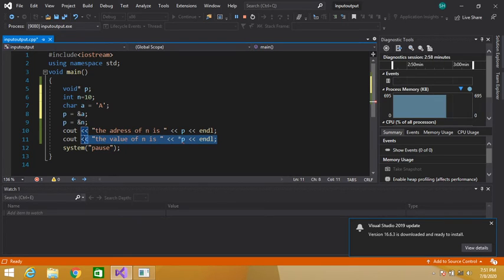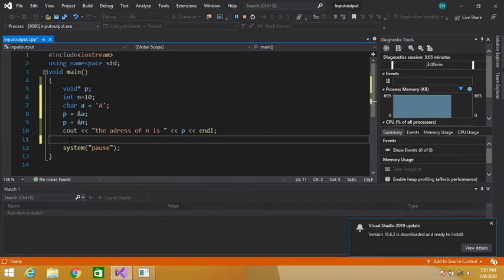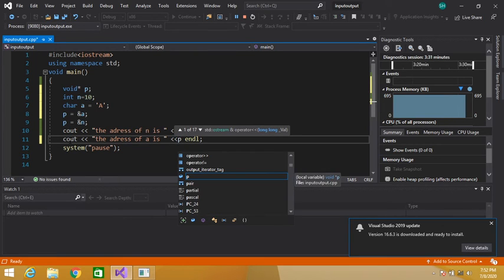Now we will also display, cout, the address of a is, and we have to display p.